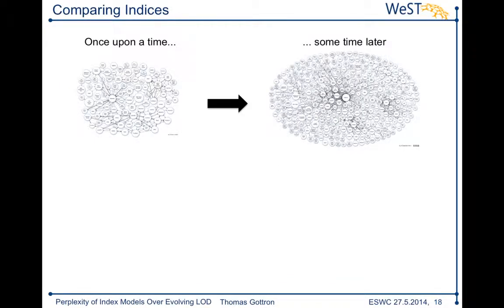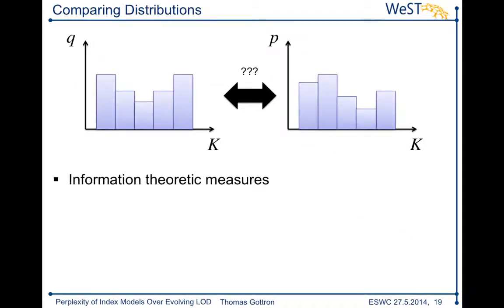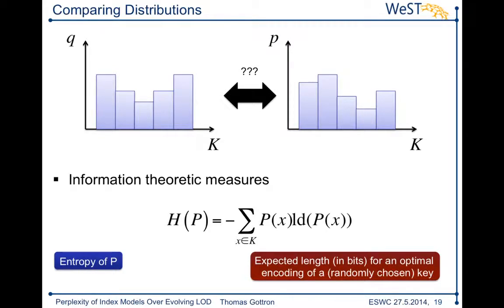Okay, so now we're at the point that we can have our two snapshots of the data at different points in time, and we've got two distributions. Now we want to compare those. I've already told you there are established metrics for comparing distributions, and they're coming from the field of information theory. The most famous metric that you have in information theory is probably entropy. If you take the entropy of one particular probability distribution, then this is giving you in a certain way something that you can interpret as the expected length in bits for an optimal encoding of a randomly chosen key element